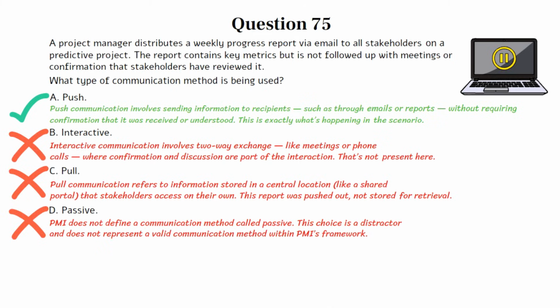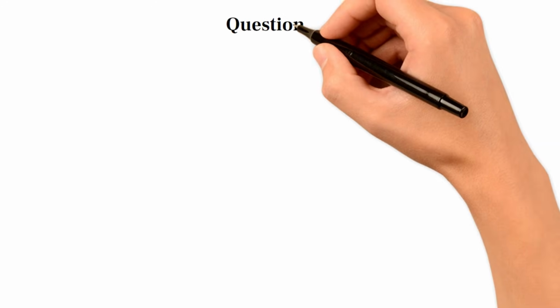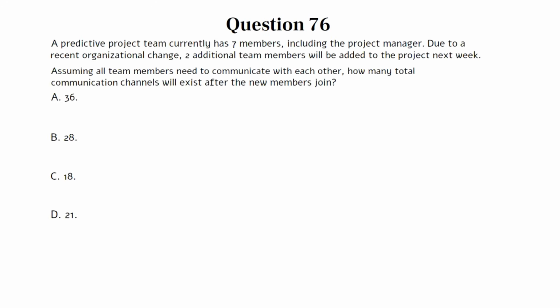Let's move on to the next question if you're ready. Question 76. A predictive project team currently has 7 members, including the project manager. Due to a recent organizational change, 2 additional team members will be added to the project next week. Assuming all team members need to communicate with each other, how many total communication channels will exist after the new